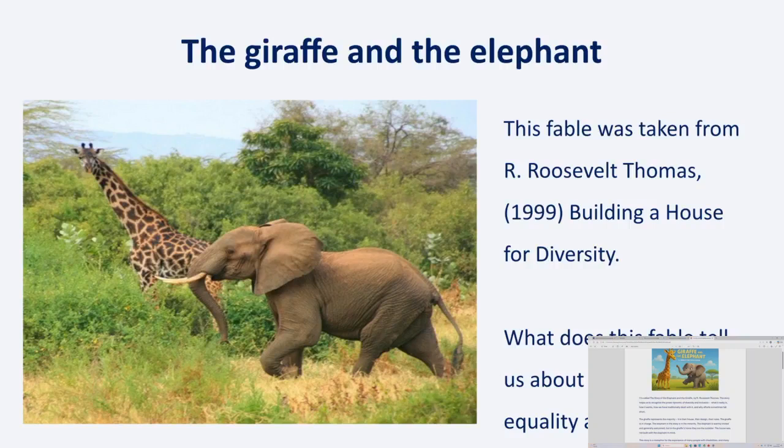And maybe when we're thinking between inclusion and full inclusion, for example, going back to the diagram we've seen before with the dots at the top, maybe very often what we're thinking about in terms of inclusion is the elephant being invited into the giraffe's house, where actually when we're thinking about true or full inclusion, what we need to be thinking about is a house that's also designed with the elephant in mind as well. Okay.